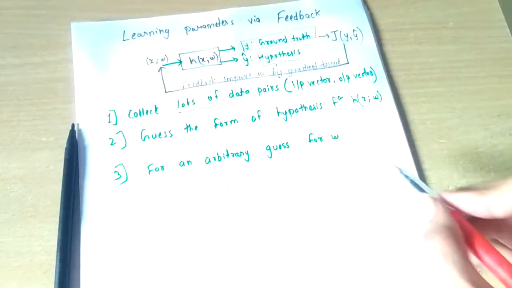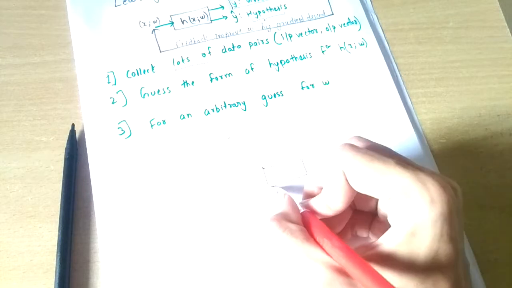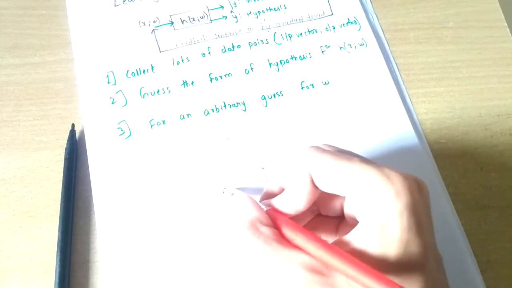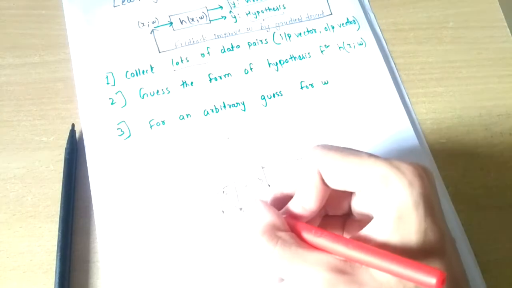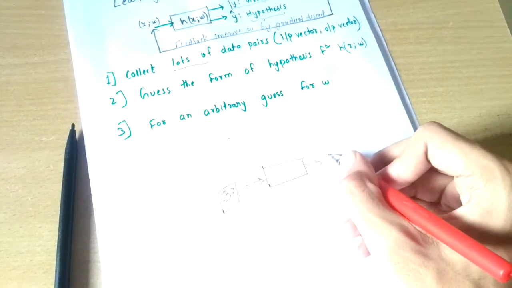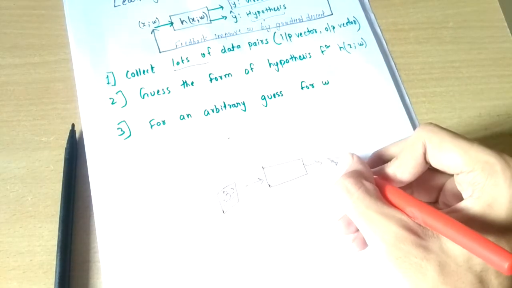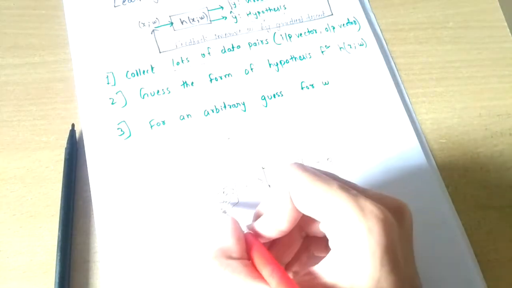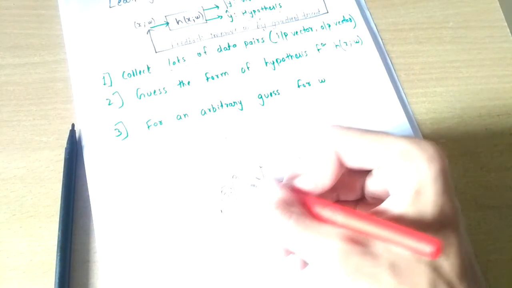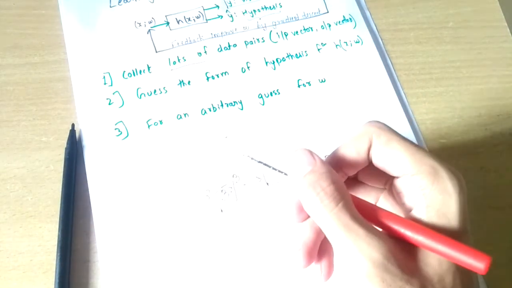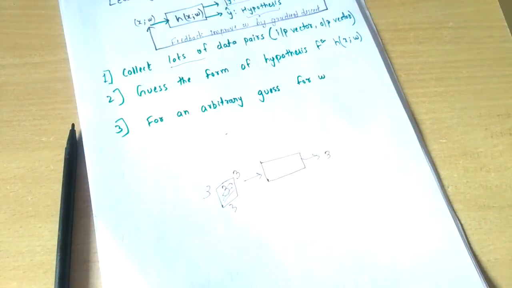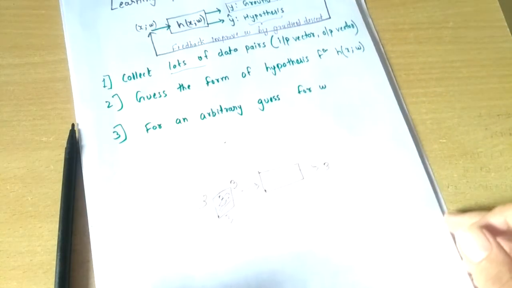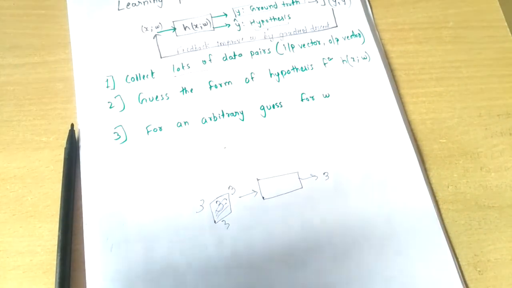Suppose we are designing a machine just to detect images, say, whether it is a 3. The image is given as the input, and we get the output, which will say yes, it is 3. But it is possible that the input image can be shown in any orientation, and if someone has bad handwriting, they might write something differently, right? So there are a number of possible ways to write 3, and that is the reason we collect a lot of data pairs, which we call a data set in technical terms.